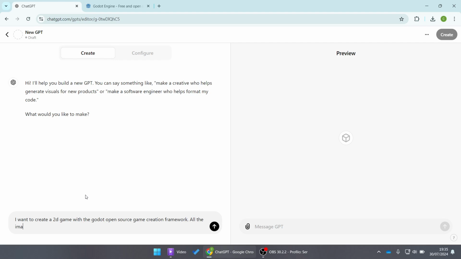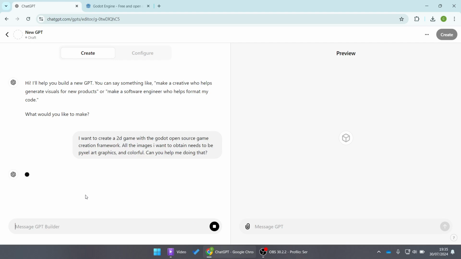All the images I want to obtain need to be pixel art graphics and colorful. Can you help me doing that? So now we are creating our GPT,